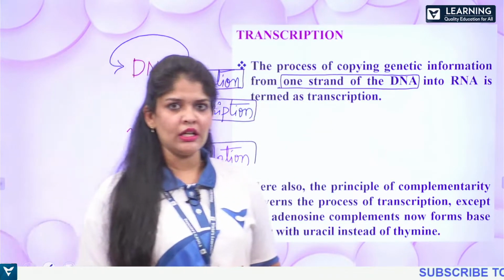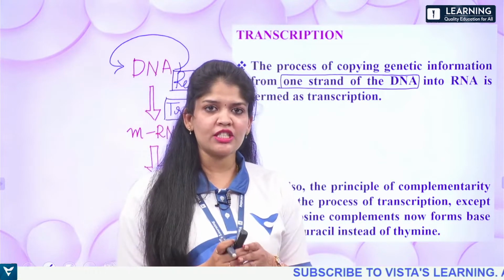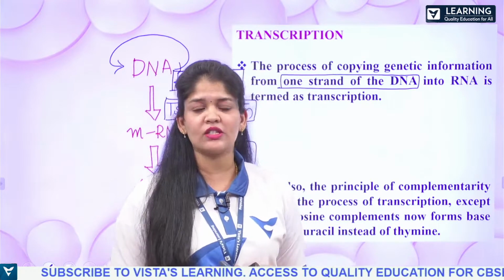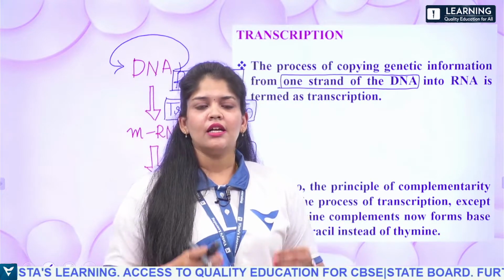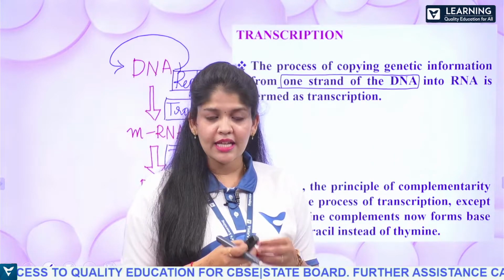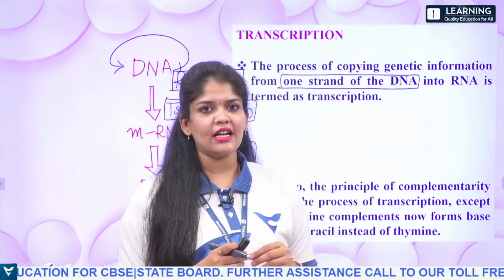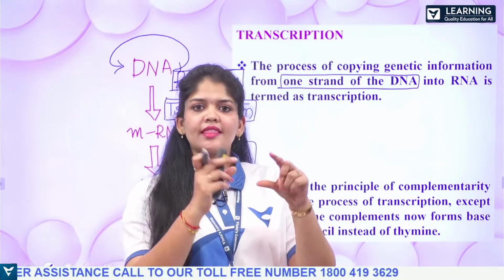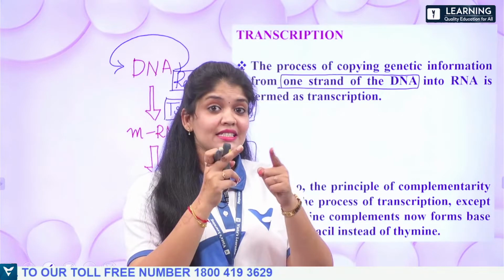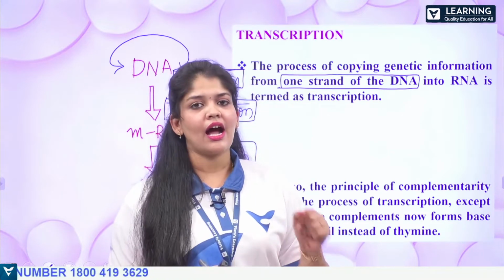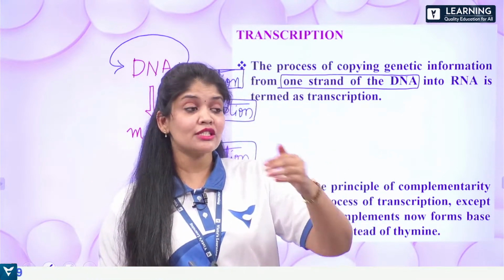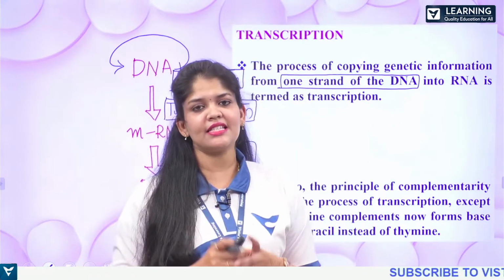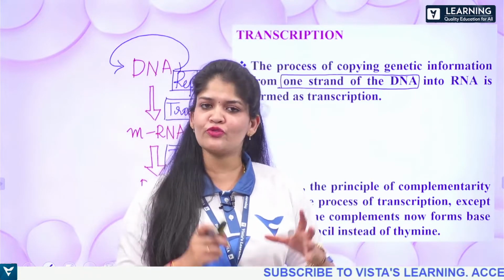Here the point is, when replication is taking place, it takes place by forming a small opening, and that opening is called a replication fork. By forming the replication fork, there is an unwinding; the coiling of the DNA helix opens up to form a small opening. That is the site where the replication happens, and this replication of the DNA extends towards the entire length of the DNA. But that is not the same case when you consider the process of transcription.